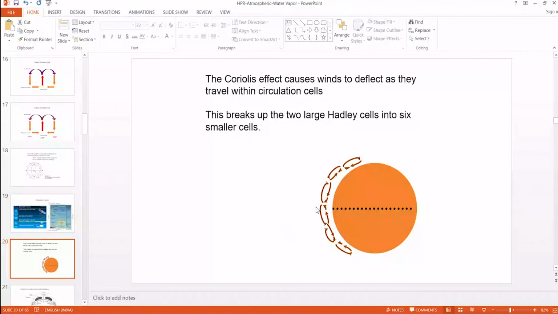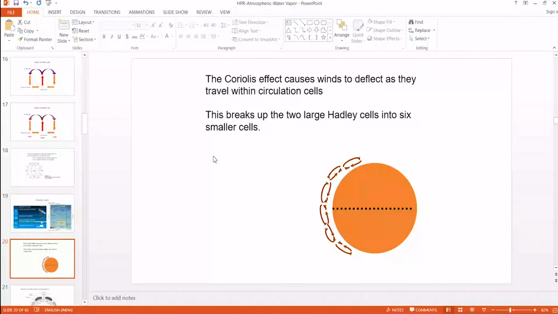Since Earth is rotating, there is a Coriolis force. What is Coriolis force? Because Earth is rotating, it has an angular velocity. The angular velocity is constant, but the linear velocity differs. The linear velocity will be very high at the equator, and very low near the poles. So due to this variation of the linear velocity, when winds blow, they blow in a curved shape. That is called the Coriolis effect.